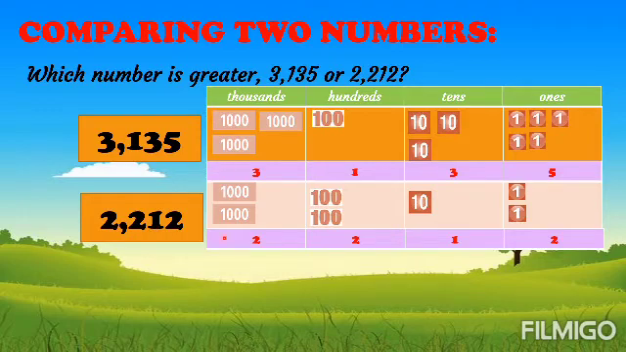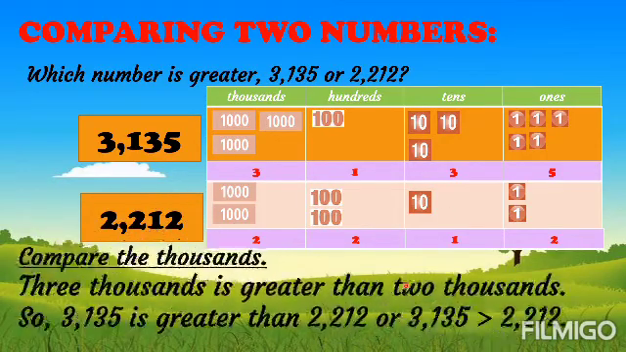So let us now compare these two numbers. We have here numbers in the ones place, tens, hundreds, and thousands. They are placed in their places already, class. So let us continue. Compare the thousands, class. 3,000 is greater than 2,000. So 3,135 is greater than